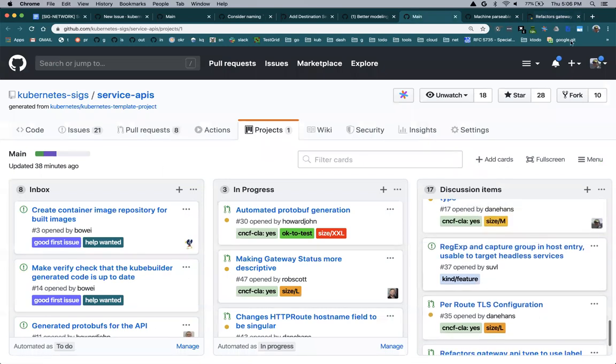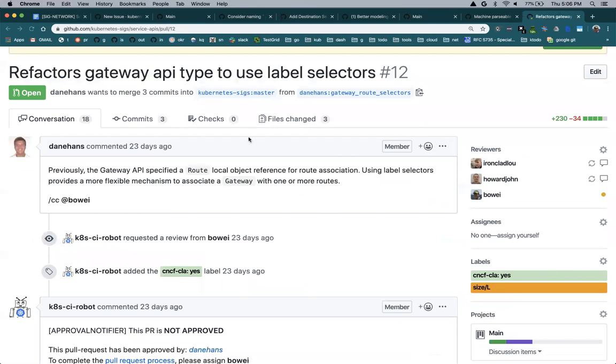Yeah, and really quick too, I guess the problem that I was thinking of was how, with the different personas, what's the user experience like if a developer is creating these different routes and then having to go to the cluster admin and saying, okay, add these routes to the gateway because I don't have access to the gateway, whereas if the gateway cluster administrator said, okay, if you want to use a particular gateway, just go ahead and add these labels to your routes, and then it'll automatically create that binding.